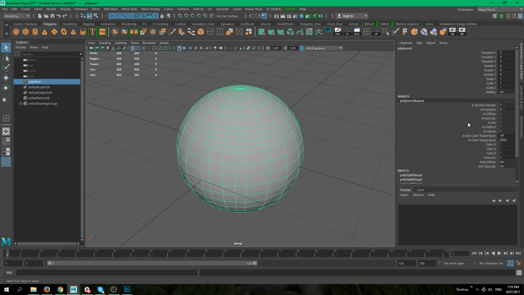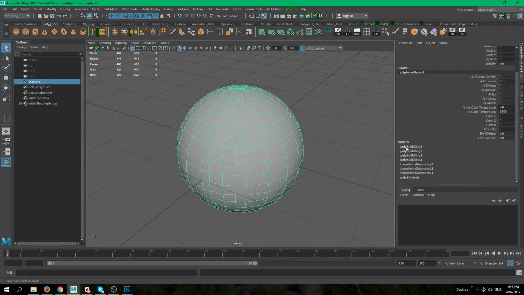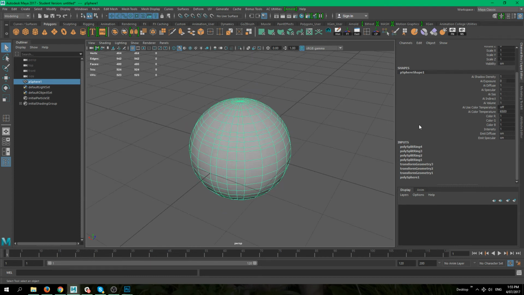So all I wanted to show you is how we have accumulated a lot of inputs just by using that one tool. And imagine if you are working on a complicated model. At some point, this list will be really, really long. So this is something that is called history. Working on the model, we are accumulating an object's history. And whenever Maya starts lagging or behaving a little bit funny, it means that there is a lot of history on your objects. It just can't